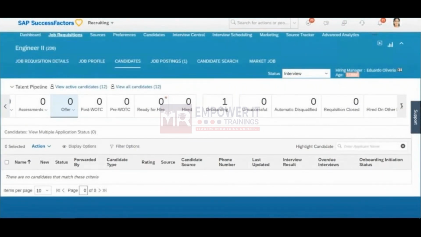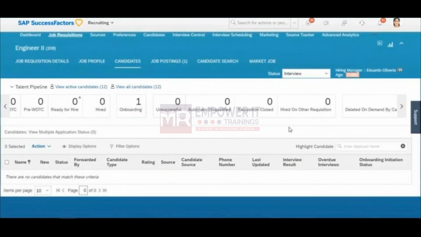So one recruiter is processing his profile for the EC position, and another recruiter for the PMGM position. Among the two positions running in parallel, if he gets selected under one of them, his profile will be automatically pushed to Hired on the other requisition as a status. You need not even do it manually. The system will automatically push that candidate's profile to Hired on the other requisition. That way, we have different options of pushing the candidates from the selection process to unsuccessful or requisition closed,